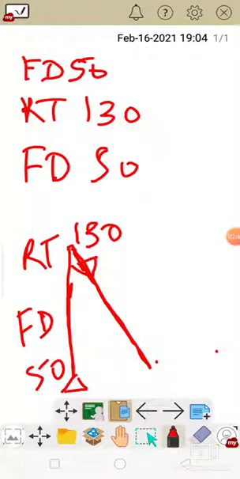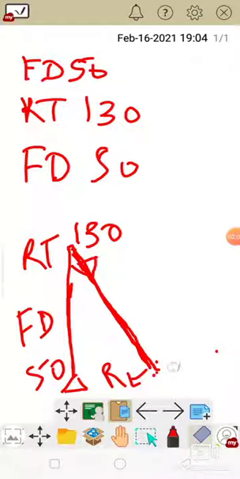When we give FD 50, our arrow will go down and this line will be drawn. Now imagine yourself standing here. Then your left side will be this side, and this will be your right. So we have to go left, up.